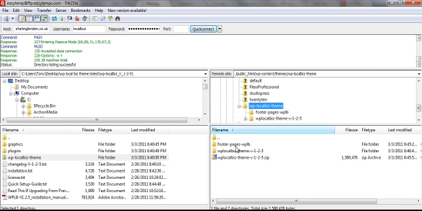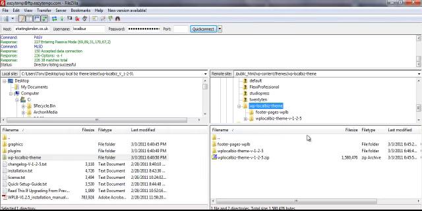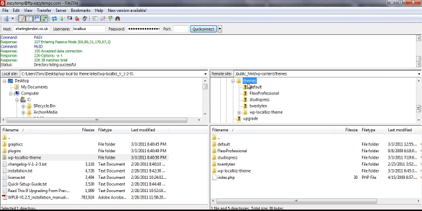Okay, if you install it through WordPress by clicking here and then upload, it does exactly the same thing. It's actually faster, but it must be a zip file to come from here. And if you don't have a zip file and don't know how to make one or don't want to make one, just use the FTP. It's really easy to use. Just remember, this is your computer and this is your cPanel, and that's all you need to know. Really, it's that simple. And the same can be done for plugins as well. Make sure whenever you're loading something like a theme, that you upload the actual theme into the folder that says themes. Okay,